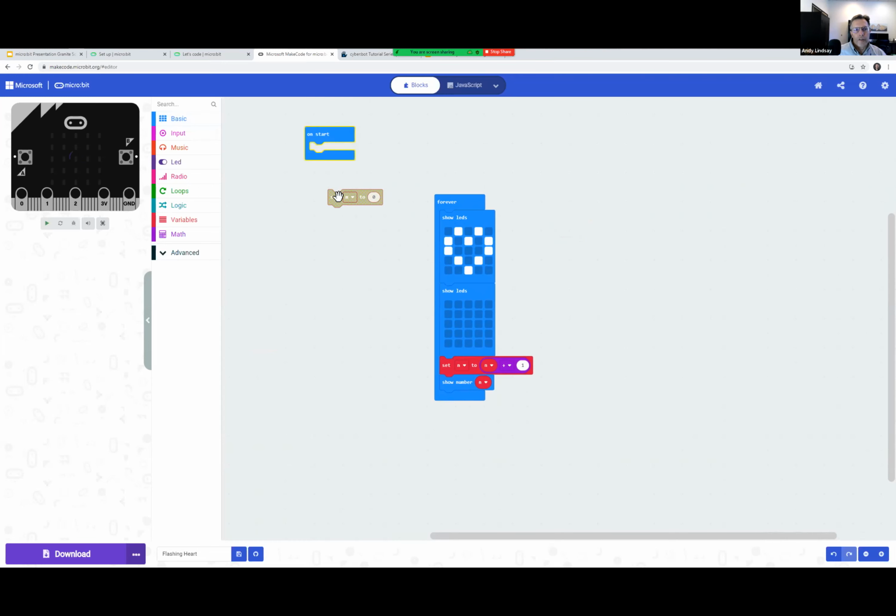Okay, on start is the other block. So I can set, again, this is just for your information. We'll do some more with this later. So I'm just quickly going through and saying, okay, well, we'll set n to 0, then we'll add 1 to n and display it. And if I run that simulation,